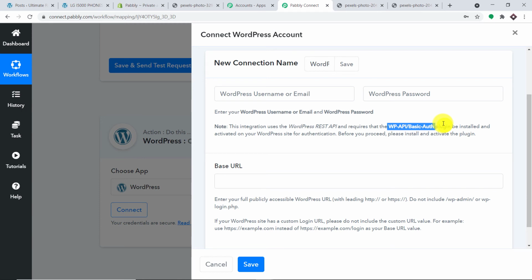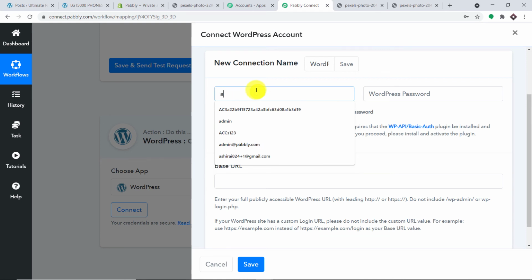All you have to do is copy this plugin, go to the plugin section, and click on add new. After that, paste this detail into the search, press enter, install the plugin and activate it. I'm assuming that you will easily do it, because since you're working with WordPress, there is no need to teach you how to install a plugin. So the plugin has been installed.